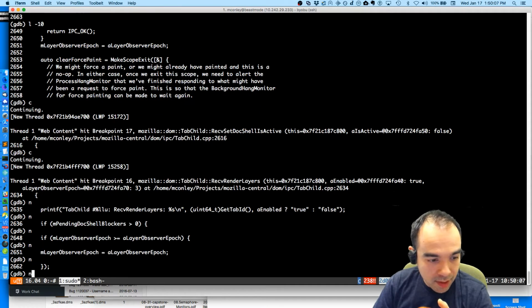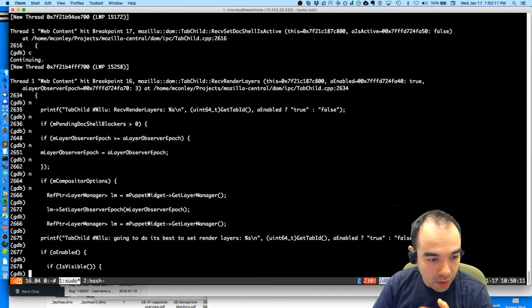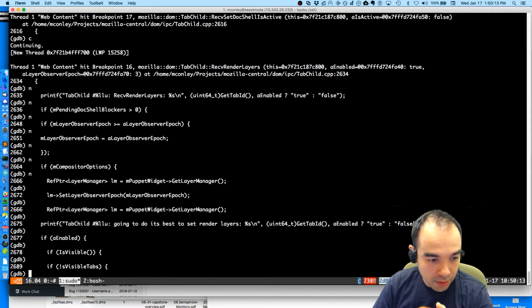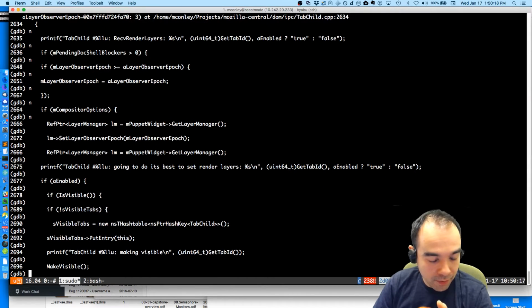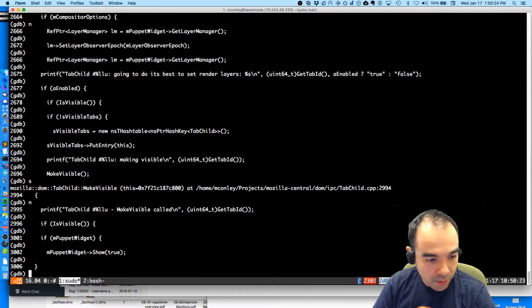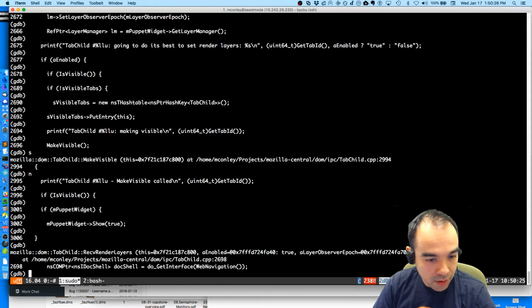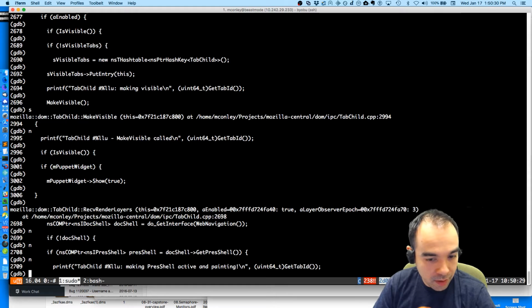So we see whether or not, if we're enabled, we're not visible. So we add ourselves to the visible tabs. We're making it visible. Make visible. We have a puppet widget. And then we get the pres shell.